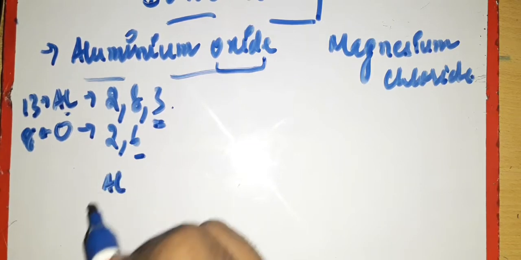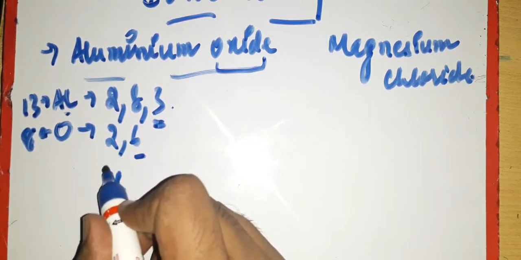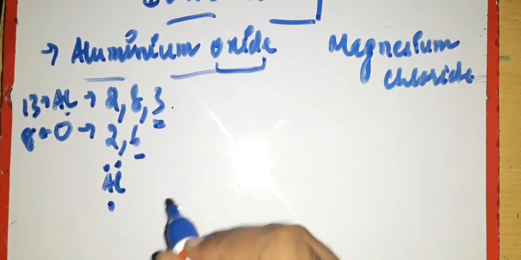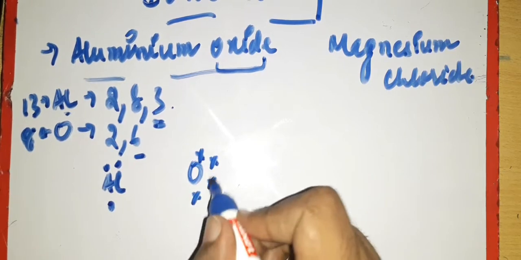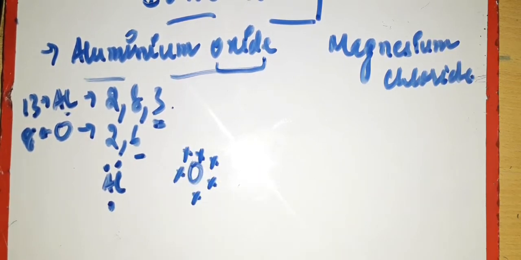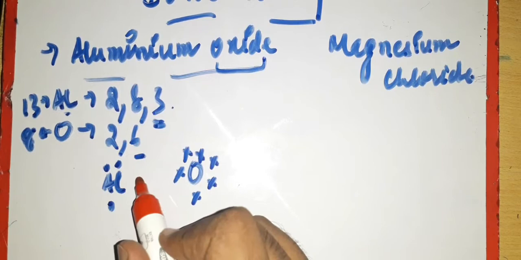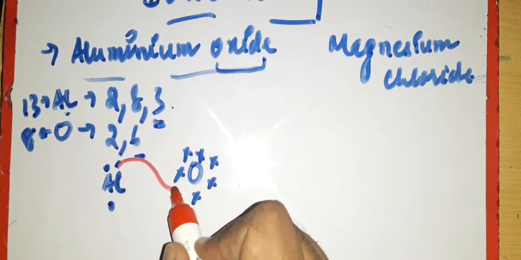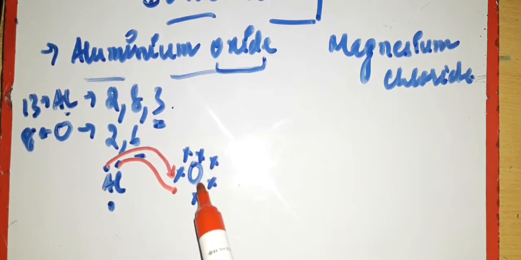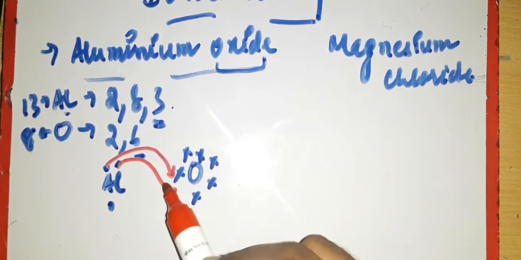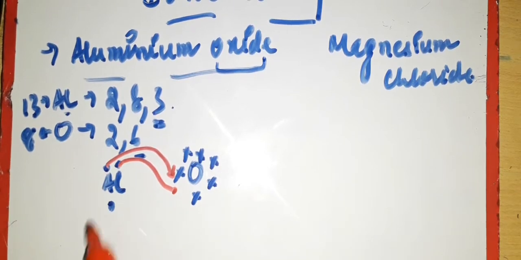So we have aluminium with us. It has 3 electrons in its outermost shell, so I put 3 electrons. And then oxygen is there, which has 6 electrons in its outermost shell. So now what they are doing is, oxygen needs 2 electrons and aluminium needs to donate 3 electrons. So it can donate 2 electrons to it, right? Now we can see oxygen becomes stable, because it already had 6 electrons and now it got 2 electrons. Now it is stable. But what about aluminium? It has one more electron.